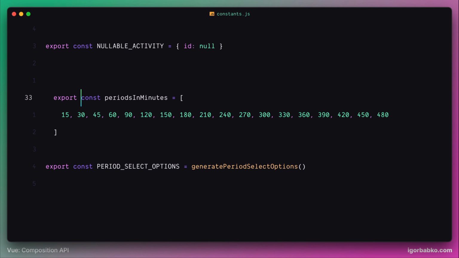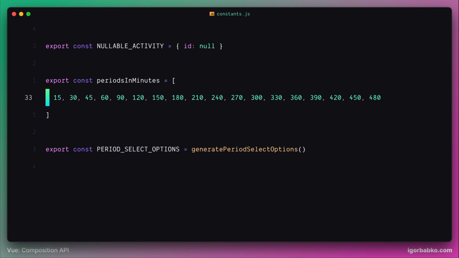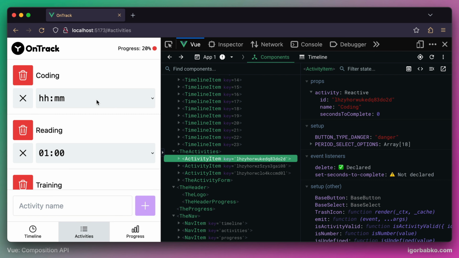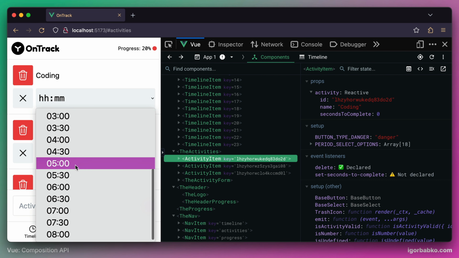At the same time, we're going to rename this constant to follow our convention of naming constants. And finally, we're going to pass this array into the generate period select options function. And since we're not going to use this periods in minutes array anywhere else other than this file, we don't need to export it. So let's remove the export keyword. And here we go. Now we have a lot more options to choose the amount of time we wish to spend on a